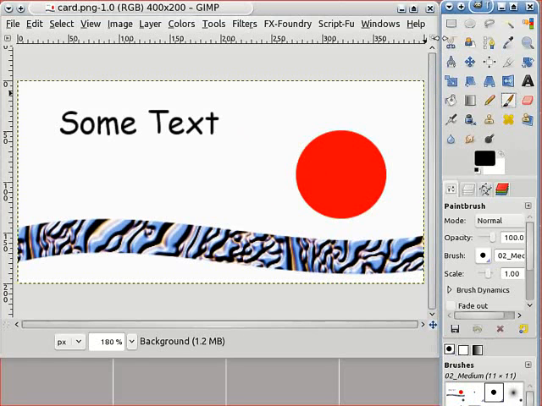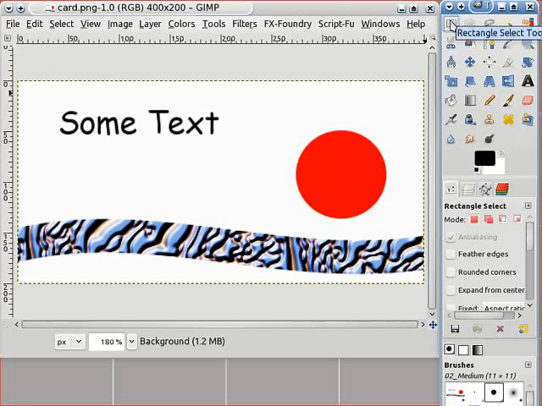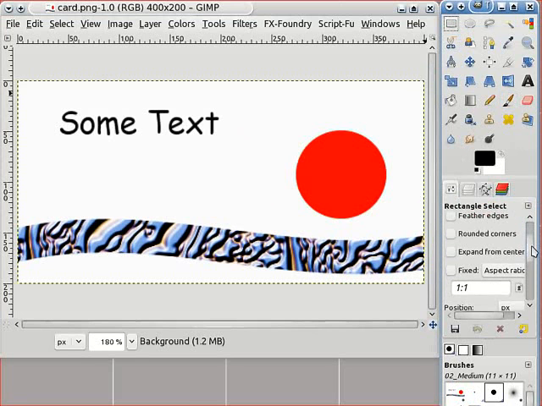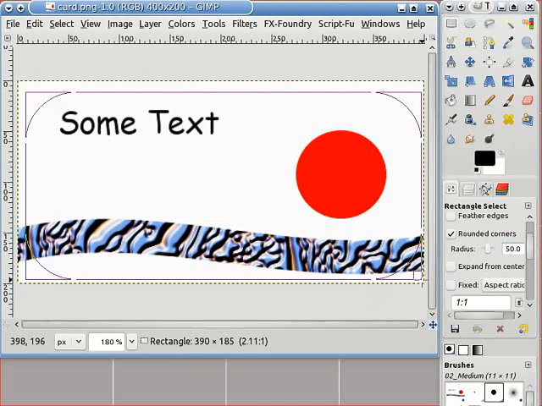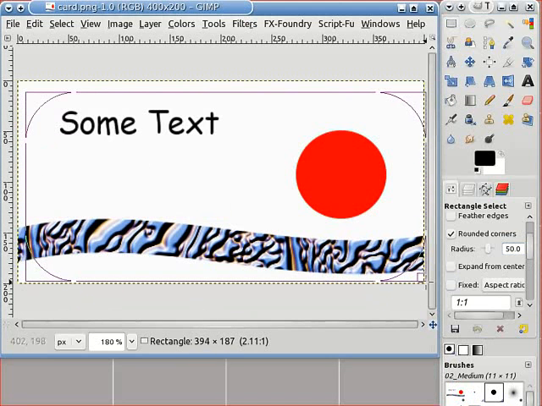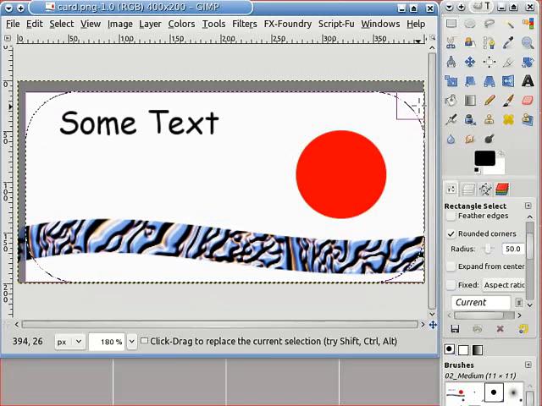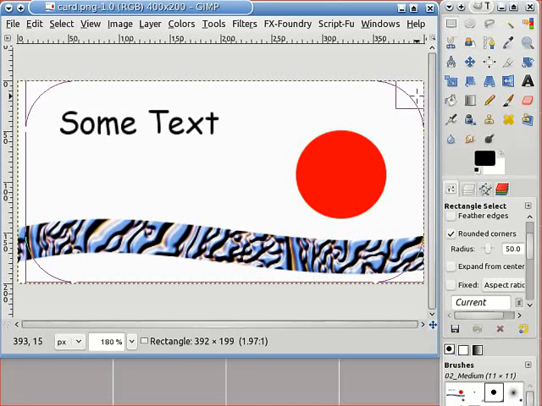Well, we need to make a selection for a starter. Rectangular selection there. There's the tools, and what I need are rounded corners, and if you tick that box there, you get a value box to put in there. Make whatever you want. We'll have a big one just for this example so we can see what's happening. Possibly a little large, but we'll use it. And you've got to draw your selection onto your image, and it's up to you how accurate you want this. I'll take it right to the full extent,